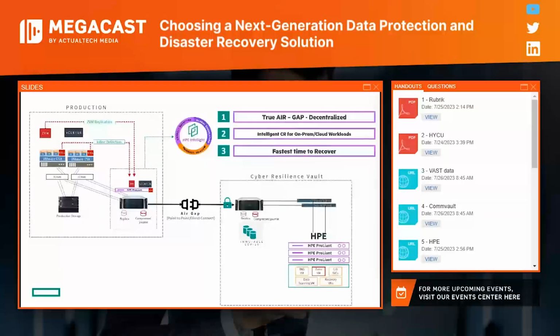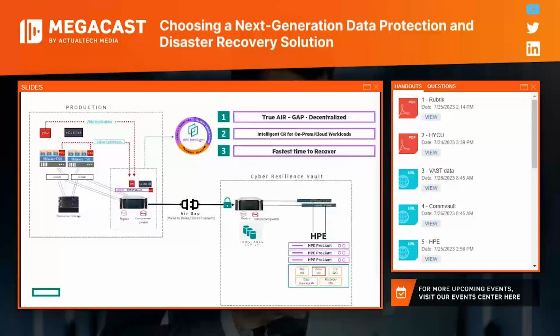And then lastly, one of the other nice aspects of this is we do leverage HPE's InfoSight, which again is another way to provide detection of anomalous behavior. So once it's sitting on the SAN array in the landing zone, you have the ability to leverage InfoSight, and this will also be able to detect any sort of bad actors or cyber crimes or encryption that's happening within that box. So the three big pillars that we talk about: true air gap, it is decentralized.